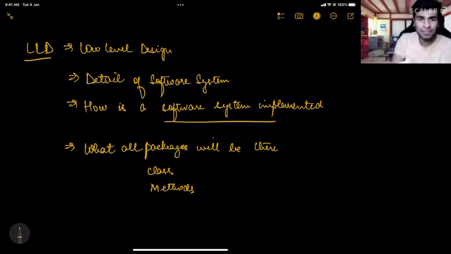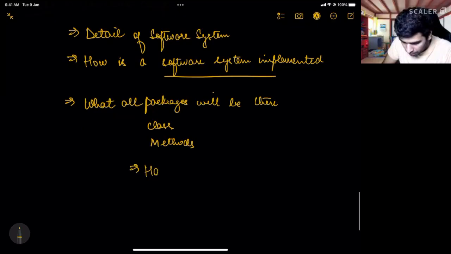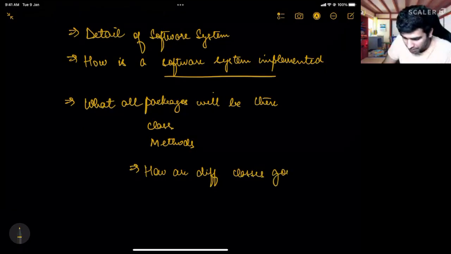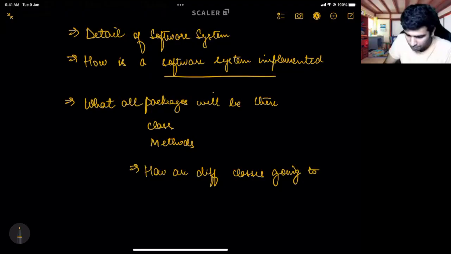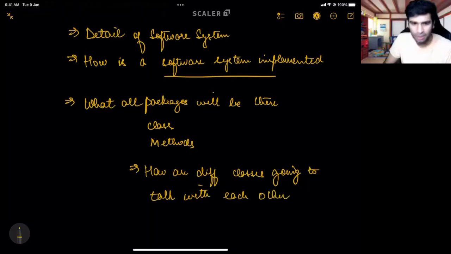What are the methods inside every class? And another important thing, how are different classes going to talk with each other? All those things. This comes under LLD. So LLD, we can say, deals with how to write the code, how will the code be structured, and everything around the same.